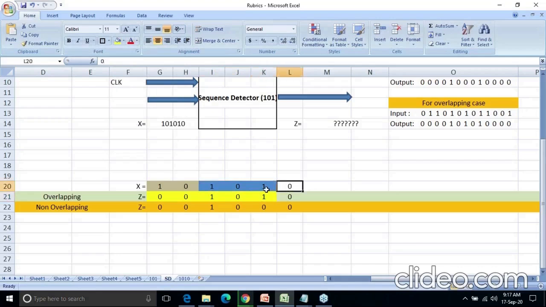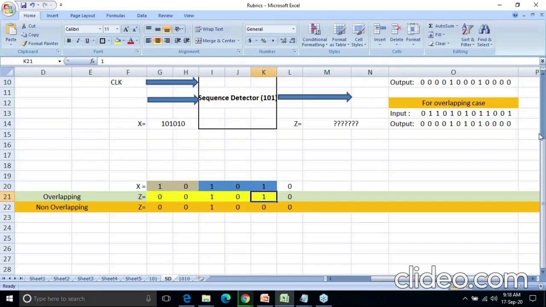Again I can say this is my first one, and this is the last one, but I can consider this as the first one, and after that I will be trying again for finding the sequence. So this is my first one, this is my 0, and after this there is no bit, 1 or 0, and that's why my output will be 0. So I can say my input string has this first sequence, so my output is 1 where the whole sequence is detected, and it has a second sequence, that is 101, so I got a second 1. So from this output, can I say I got two 101 sequences, first at this time and second at this time?